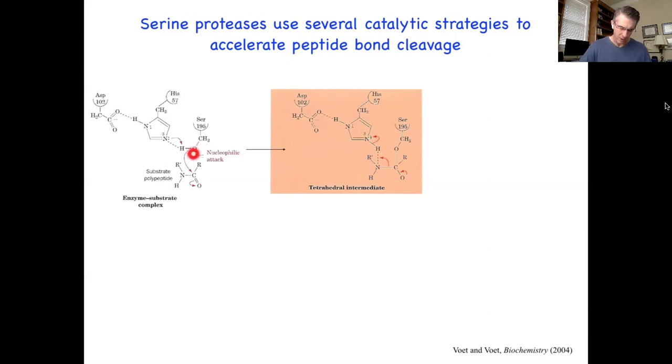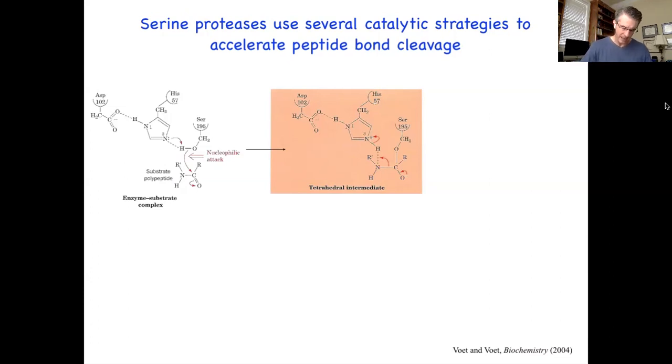We got to somehow coax that alcohol group to attack a carbonyl, right? You guys may remember from your basic organic chemistry, that is just not going to happen by itself, right? That alcohol group on its own is not an awesome nucleophile. And you got to do all kinds of things to coax a reaction like this to go normally. And in this case, the enzyme does it by using a little acid-base chemistry that is supported with some electrostatic